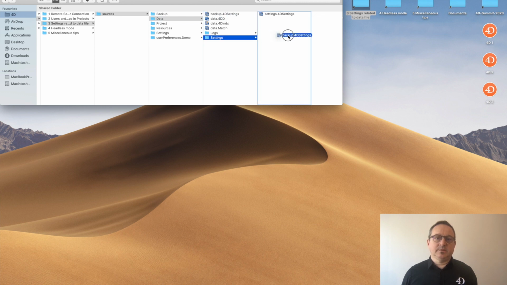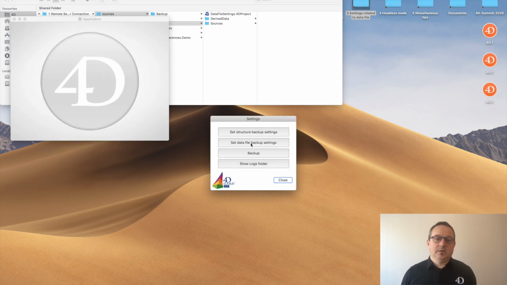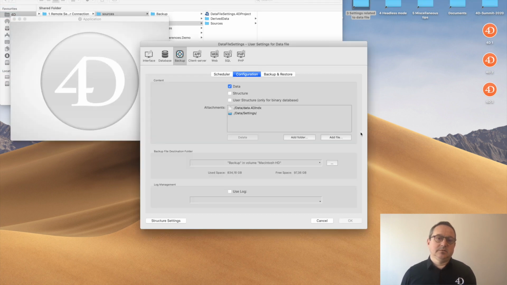So I place one in the folder and then I will launch my database. I can see the settings stored in the file. So I have chosen to back up my data, the data index, and the settings folder. It's the best way to set the settings folder.